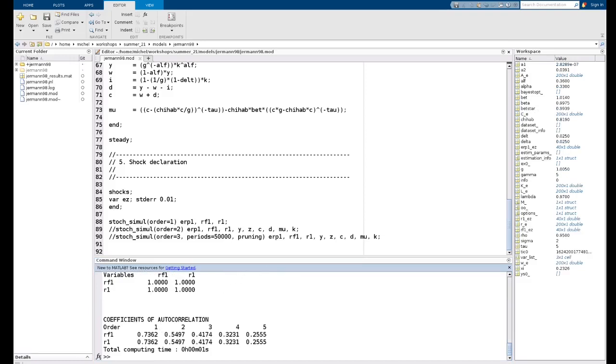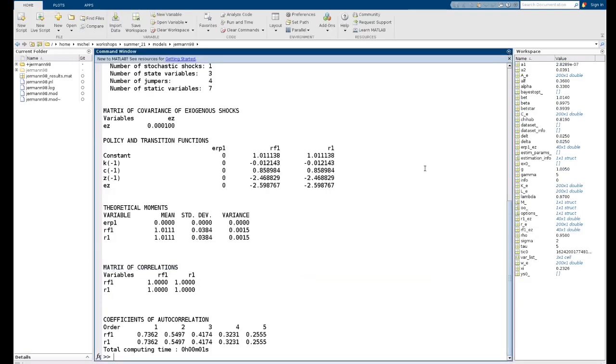so what do I see? I see that for expected risk premium, its constant is 0 and there is no effect from the state variable of the model. And it's not that surprising, because you see that the decision rule for the risk-free rate and for the return on capital are identical.